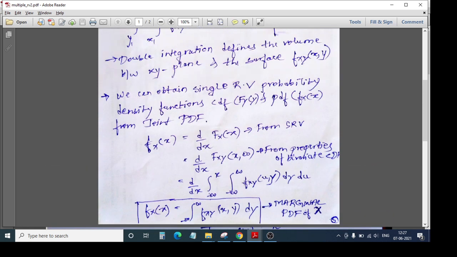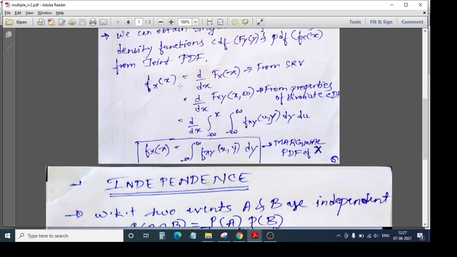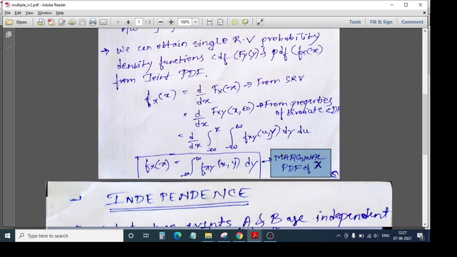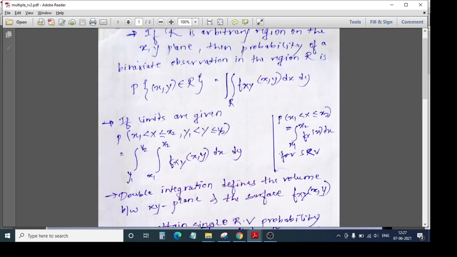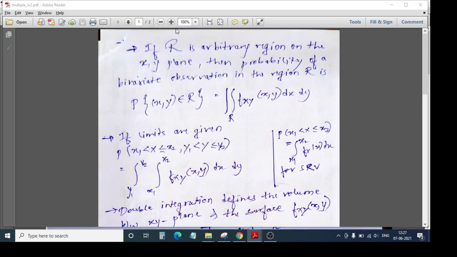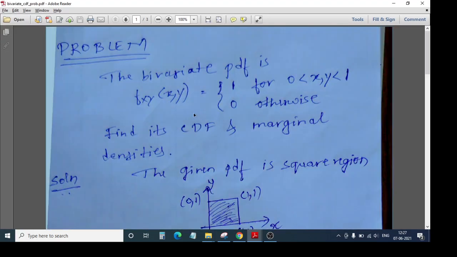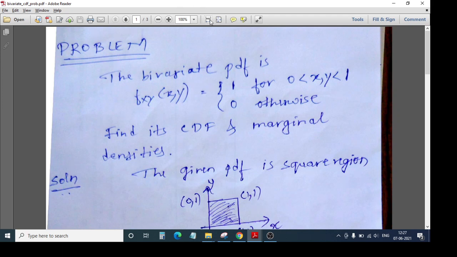So in the previous video, I hope you have seen it, we studied what the marginal PDF is and how to find the marginal PDF of any given random variable. Based on both this class and the one before it, today we will solve a problem. Very important, friends, such problems will be asked in your examination. So the problem goes something like this.